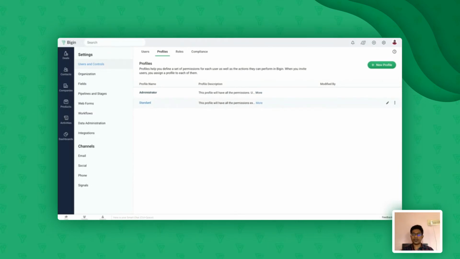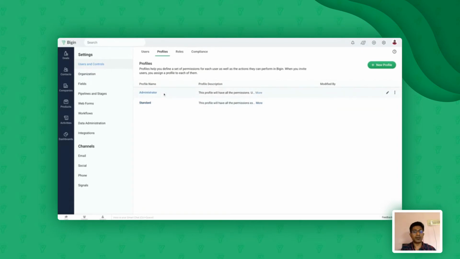In an organization, you might have multiple users, right? If you have multiple users in the same organization, all of them may not require administrative privileges, right? So maybe the manager or the director can have the administrative privilege, and the sales reps and others who just need to focus on sales can have access to the standard profile, which is pretty much restricted.